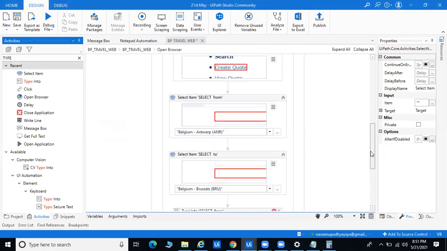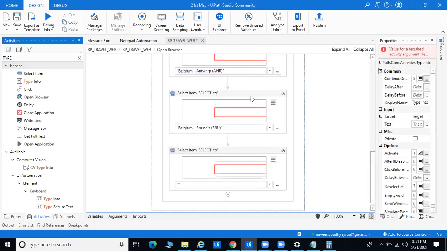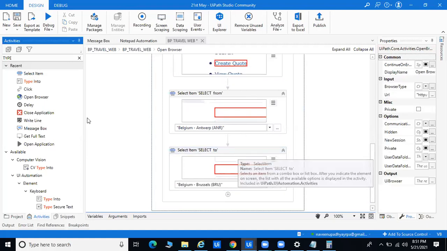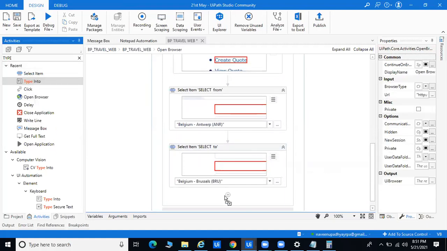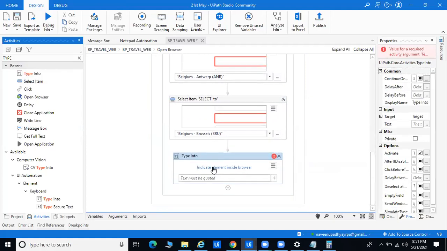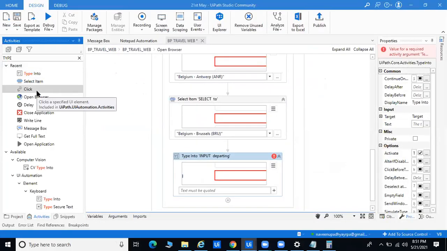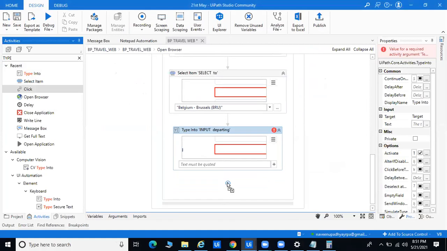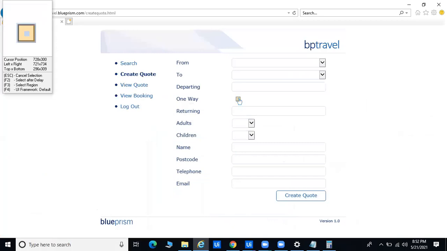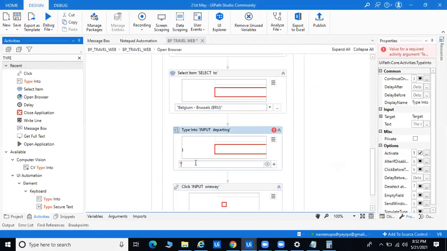So when we are done, Belgium to Brussels, here we'll try to click. And we'll go for the adults and children. The departure date I can pass, like 20.